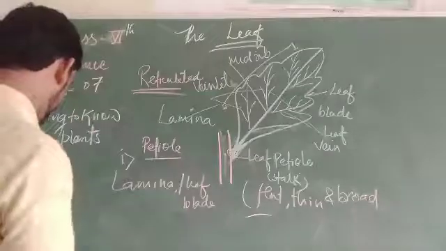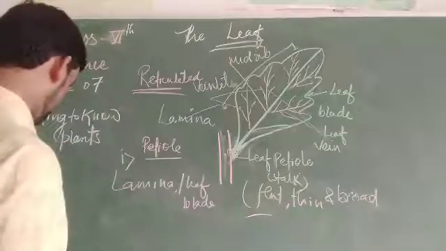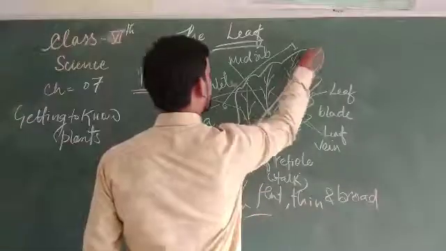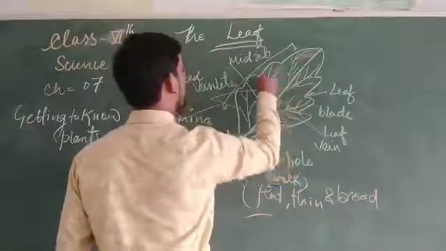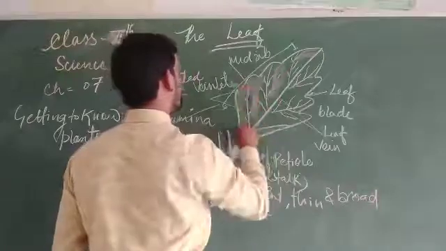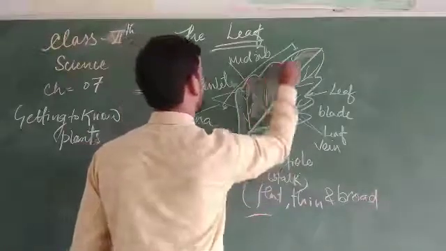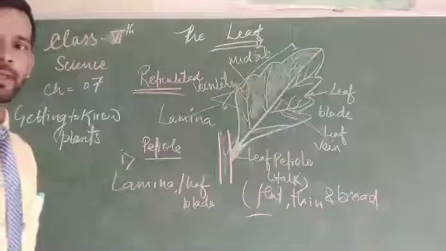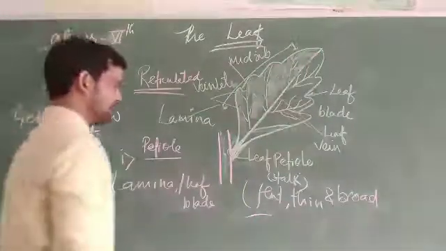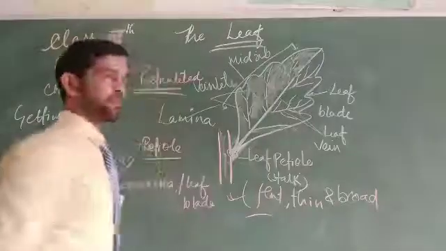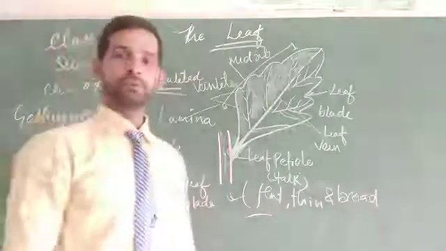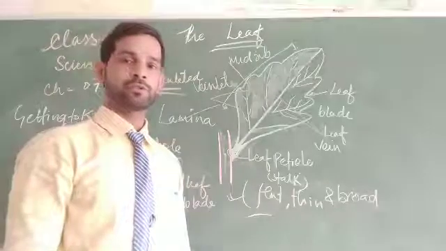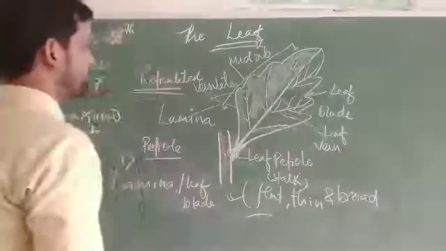The leaf lamina is the place where the food of the plant is prepared. It is responsible for storing the food in it. This is known as the leaf blade or lamina. It is the lamina on which the food is stored. So the most important function of the lamina is, due to its broad surface, to be very helpful for storing the food as well.